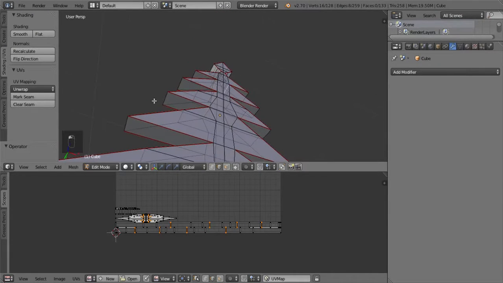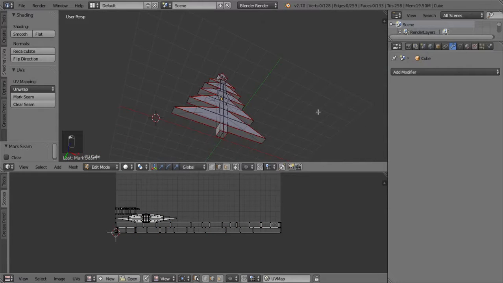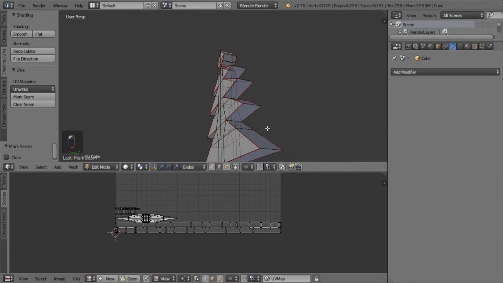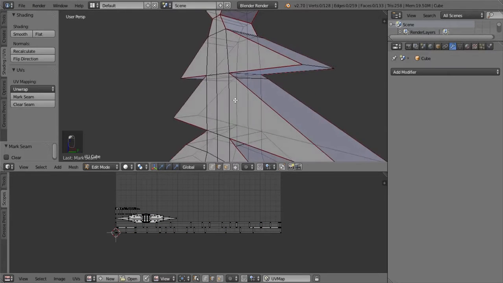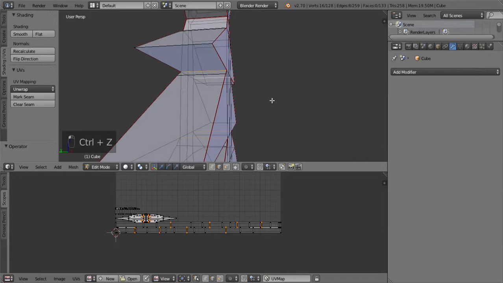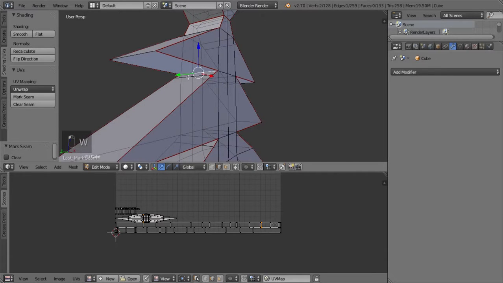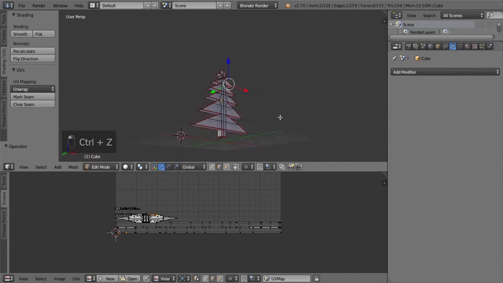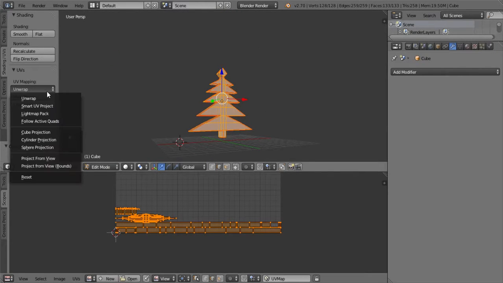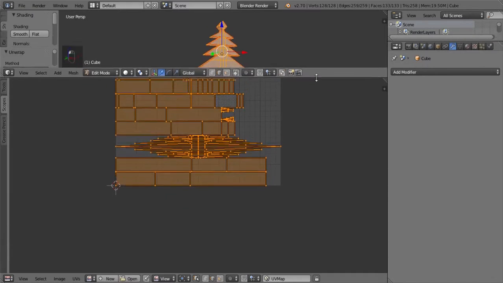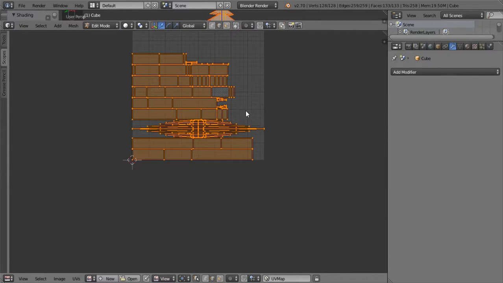Okay, all these seams are marked. Let's go ahead and pop that on there. Oh, but that didn't actually mark them, so let's try that again. Doesn't look like it's being marked for some reason. Okay, it is. It's just hard to see. Now let's unwrap it, and we're probably gonna end up unwrapping this a whole bunch of times until we get it somewhere we like. See, that doesn't really look great. But what we can do,